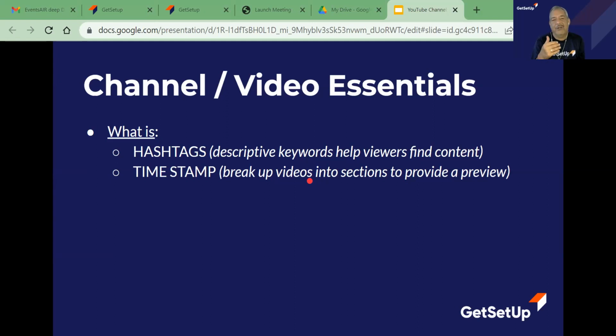If the viewer wants to see just a section, instead of fast forwarding, the timestamp is there. They scroll over the bar, and they see just what they want. So a timestamp is pretty essential, especially in longer duration videos.